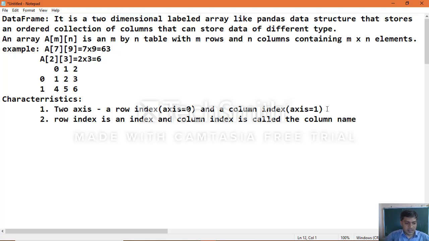So that is another important point. When you say spreadsheet or tabular form, the row index is known as the general index, and the column index is called the column names.